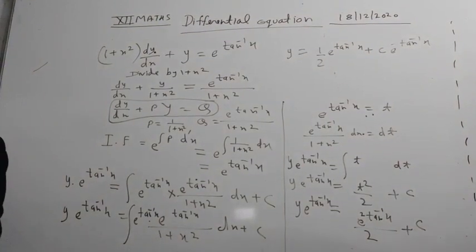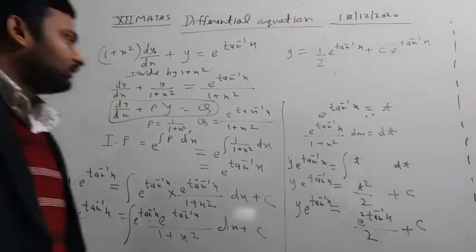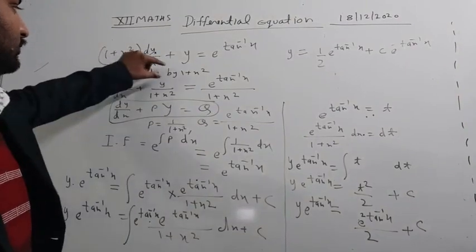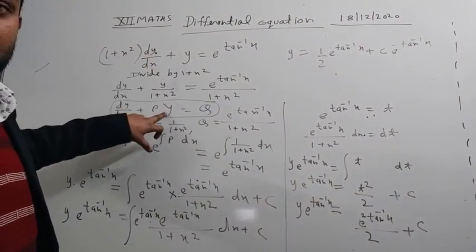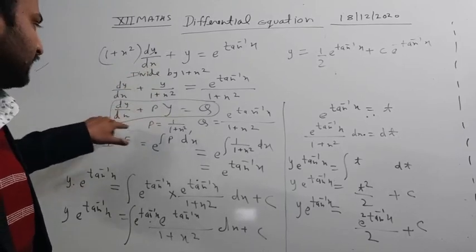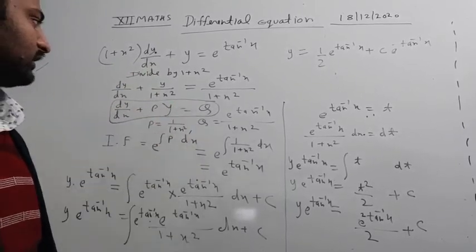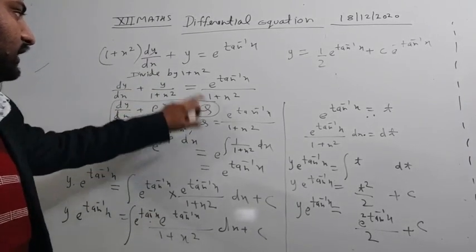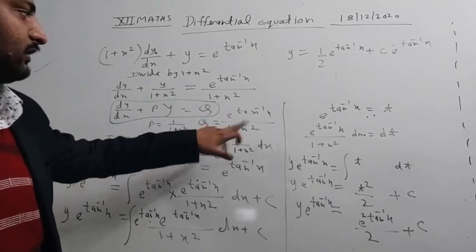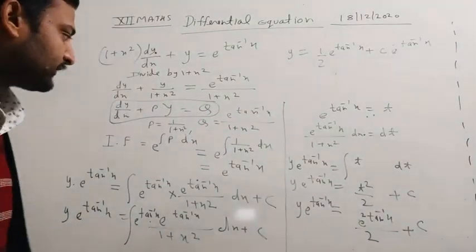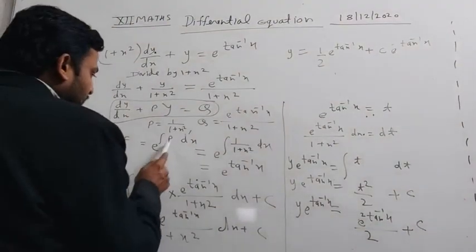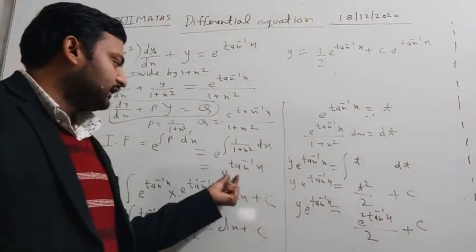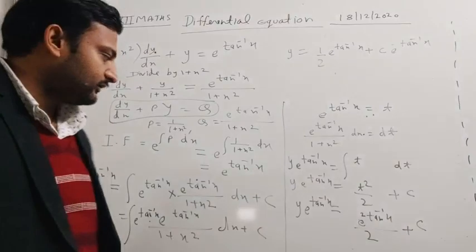Okay student, so what we have done exactly, so this question is somewhat different from the first and second questions, because this question is based on linear differential equation. This type of question is in the form dy by dx plus py is equal to q. So comparing, p is 1 by 1 plus x square, q is e to the power tan inverse x by 1 plus x square. Okay student, now our integrating factor is e to the power integral of p dx, we know the formula, and our p is here. Now we can integrate this, we write e to the power tan inverse x.